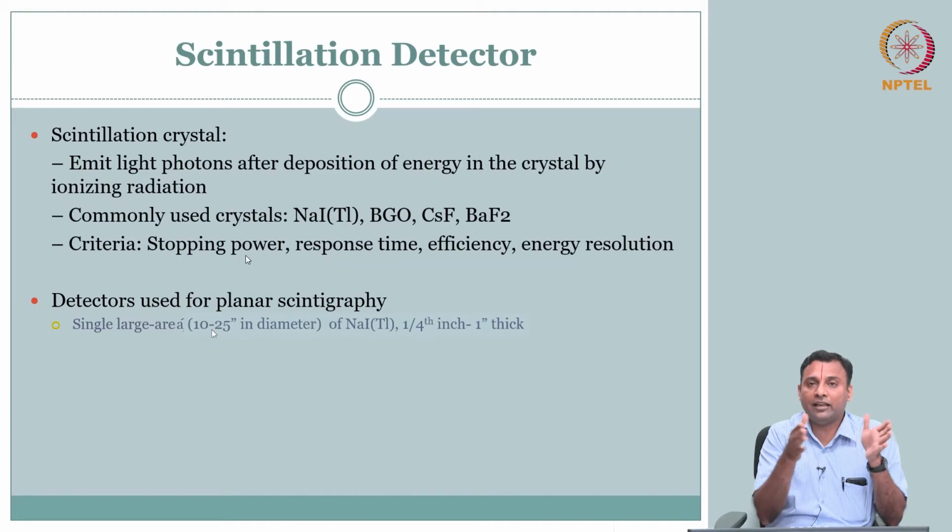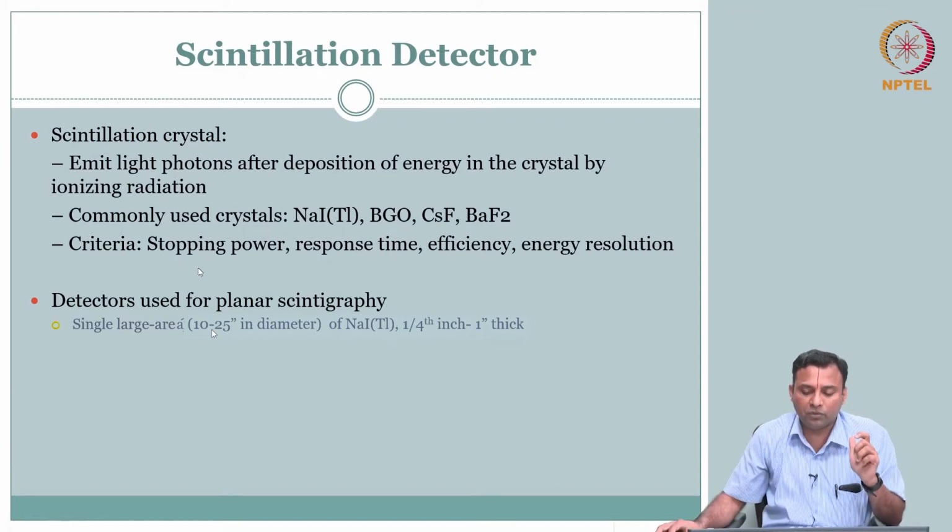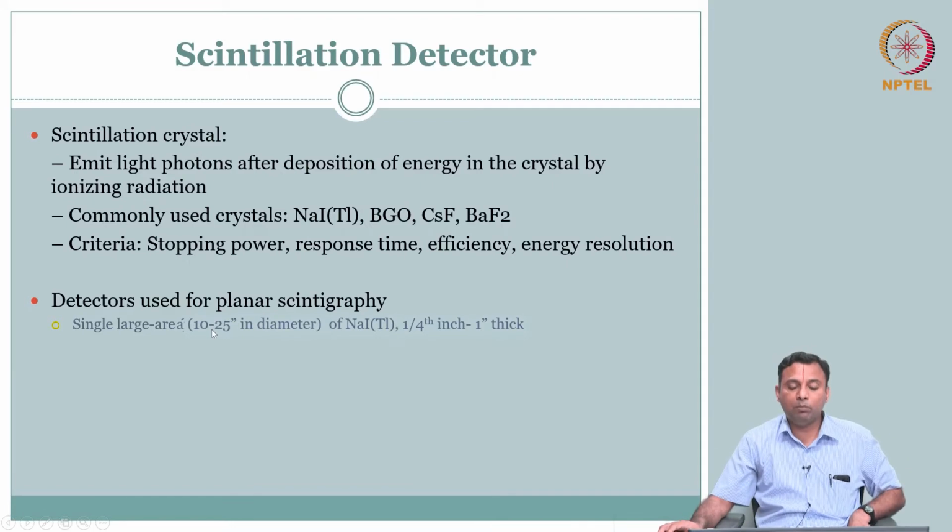So the thicker the crystal, the worse your point spread function. When we talked about intensifying screens, we said you can think of it as poor resolution, or more spread out, if it is thick. If it is thin, then stopping power is reduced because there is less material to interact with, but your resolution could be better. The same trade-offs hold here as well, but this is a little bulkier: about a couple of inches thick and about 2 feet in diameter. So this is going to be bulky.